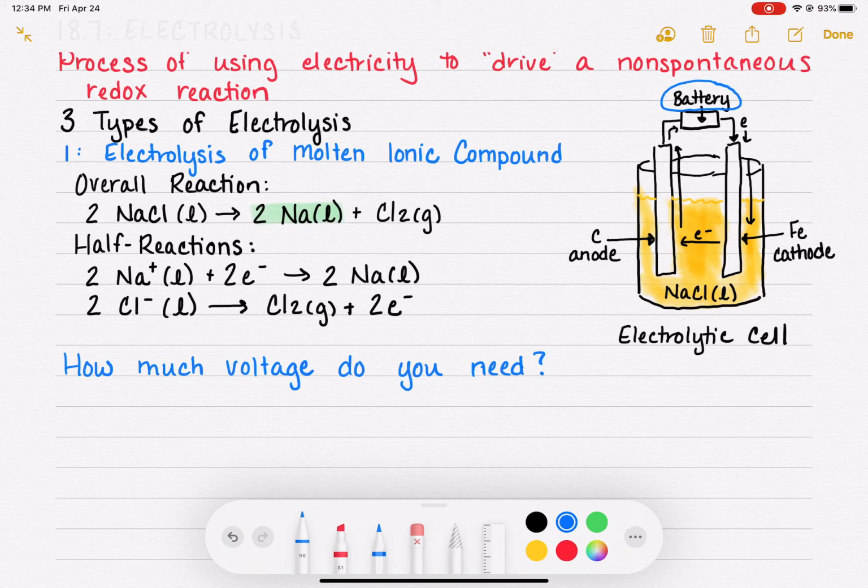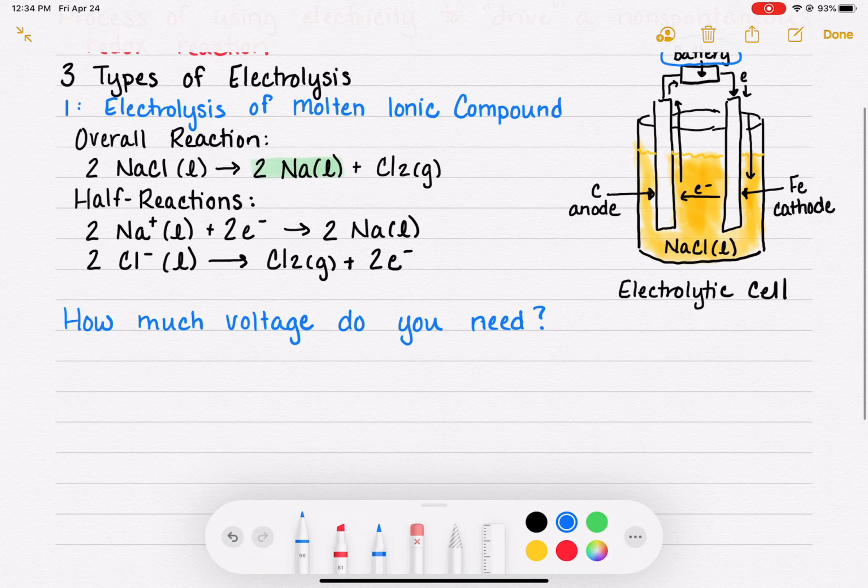And the way that we would calculate the necessary voltage for this reaction is exactly the same way that we would calculate the voltage being given off in a galvanic cell. It's just an E-cell calculation. Assuming that this is a standard cell, we're still just going to do cathode minus anode. And we are going to figure out which is which using our tricks, red cat. So the E cell is going to be the reduction half reaction minus the oxidation